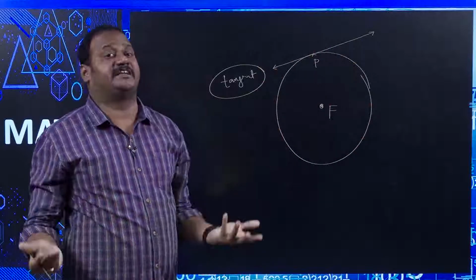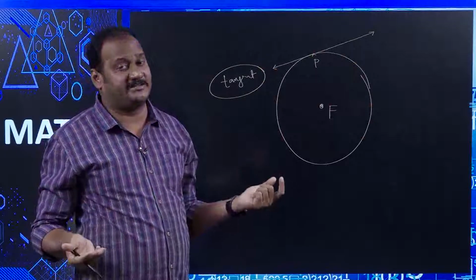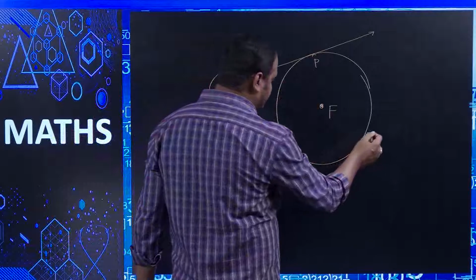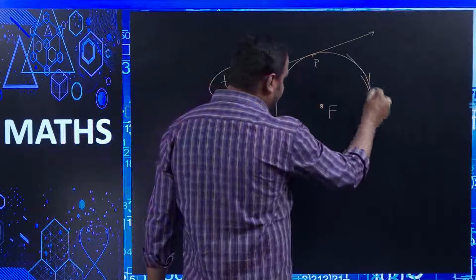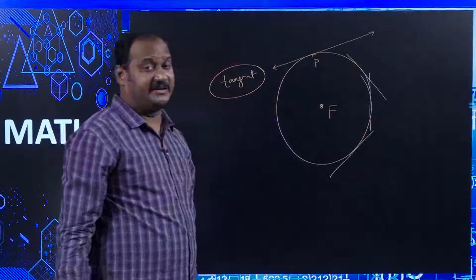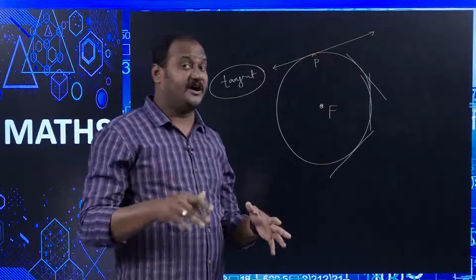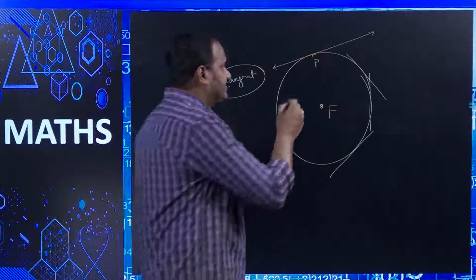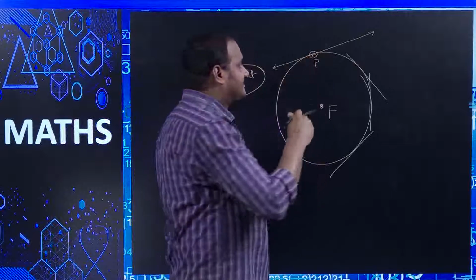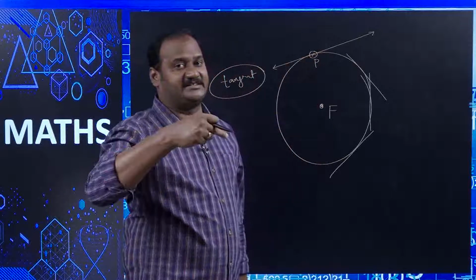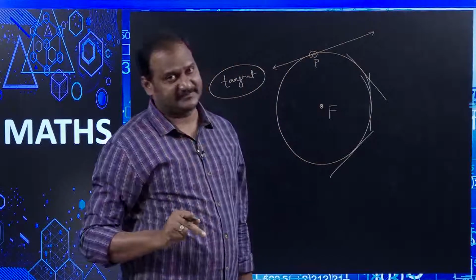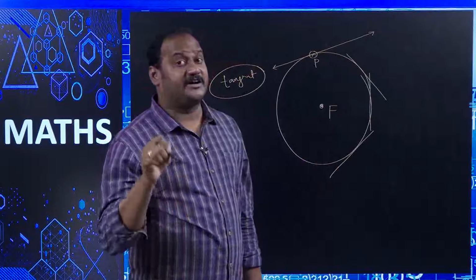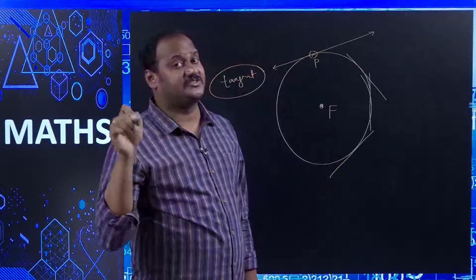So, how many tangents can be drawn to a circle? From all the points on the circle, there are infinitely many tangents. This is one tangent, this is one tangent, this is one tangent, like that. There are infinitely many tangents that can be drawn to a circle, right. And now you see this point P is the connecting point of the tangent as well as the circle. So, that is why this point P is said to be the point of contact of the tangent to the circle.